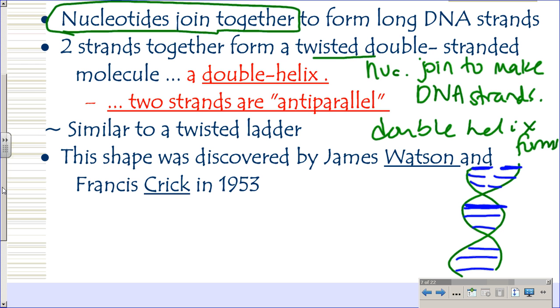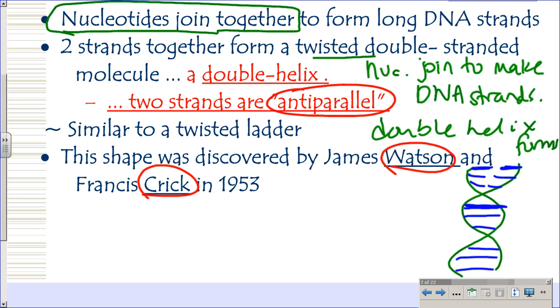All right, something else to know is the word anti-parallel. What does parallel mean? Side by side. And the DNA would be going from top to bottom and then top to bottom. But to be anti-parallel, it's like this. It's top to bottom and then bottom to top. So it's just flipped. It's the same thing, just one's going upwards and one's going downwards. And we're going to see that in a minute. So I need you to write down the word anti-parallel someplace near where you wrote double helix. Important there.